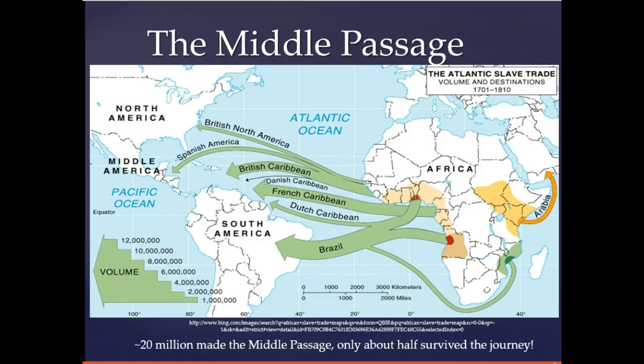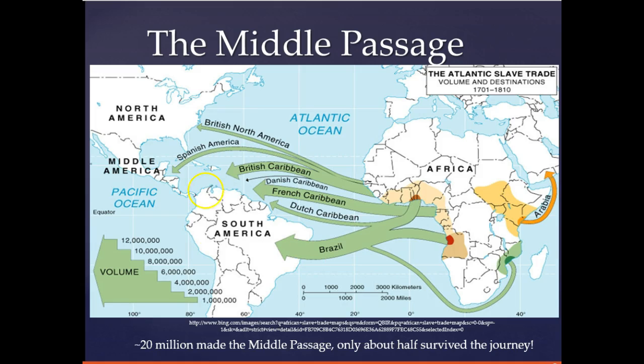We talked earlier in the year about the Middle Passage, and the Middle Passage is important to talk about once again here because the Middle Passage is what fuels slavery in the South. Now, an important note to make, and we'll talk about this a little bit later in the year, is that in the year 1808, the United States outlawed importing slaves from other countries. Even though slavery was still legal for another 60 or so years, they outlawed bringing slaves from other countries. But up until 1808, there were millions of slaves brought from West Africa to the United States and to South America and Central America as well.